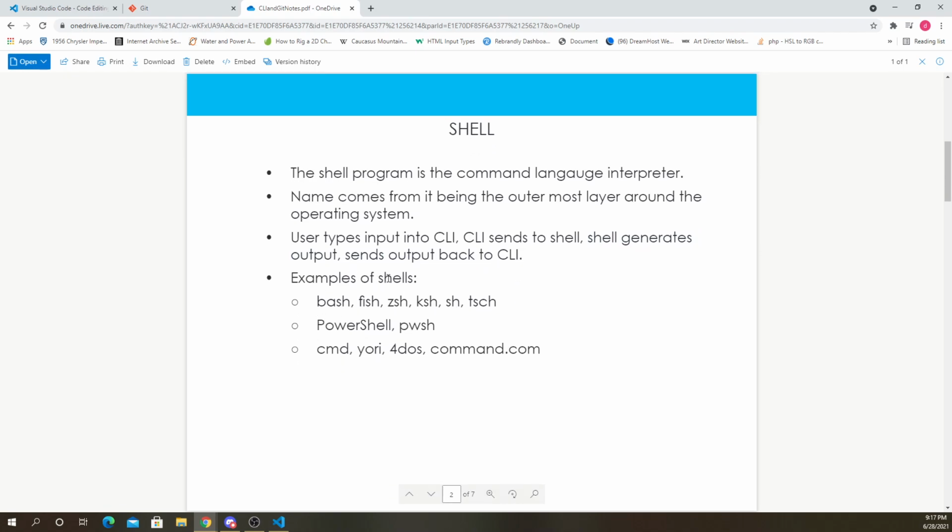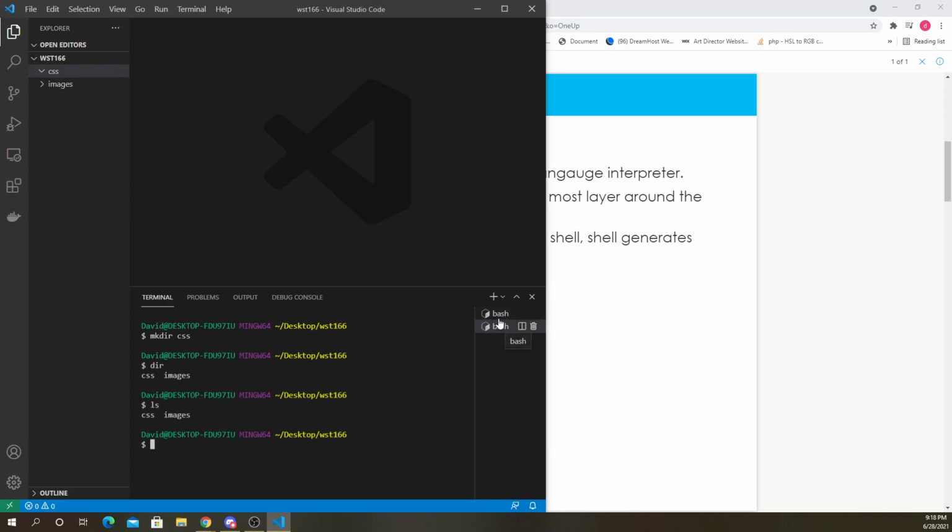So examples of shells: bash, fish, zsh, ksh, sh, tcsh, csh, PowerShell, command, Yori. So there's a bunch of different examples of shells. Bash should be familiar because that's what this is using.